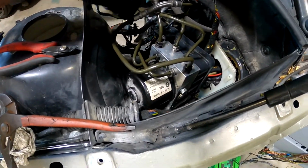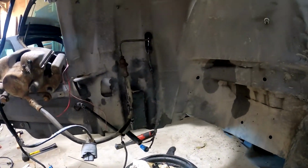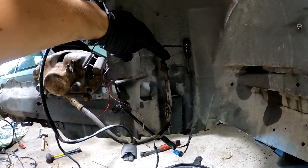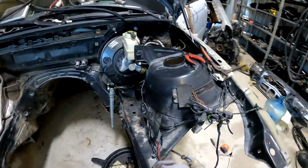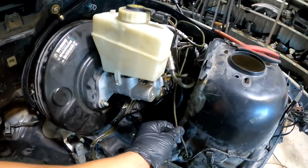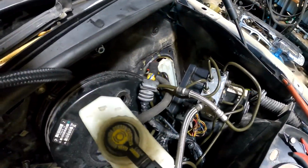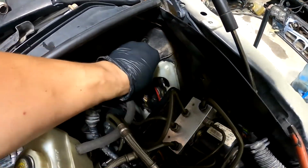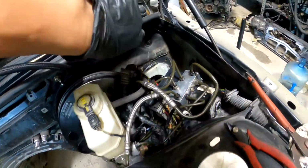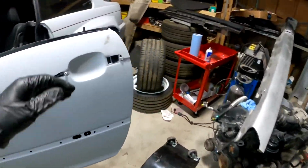Every single wire I had to bend basically the new way, and the only problem I had, this wire was a little short. Originally it mounts right here in this mount, and now it's right here, but it's not a problem, it's okay. I might extend it later, but everything's plugged in. ABS is here. I need to mess around with wiring a little bit, relocate it a little bit. Basically all of it's gonna go inside the cabin, and all of my main stuff,